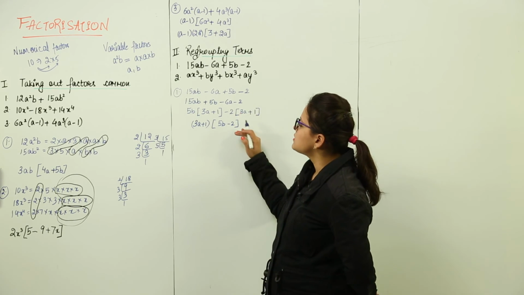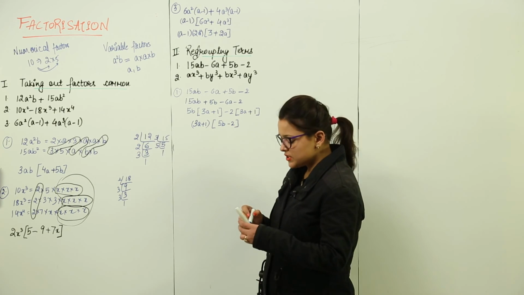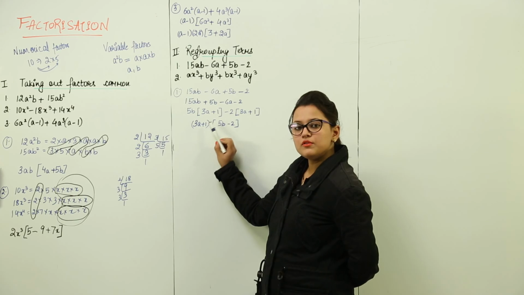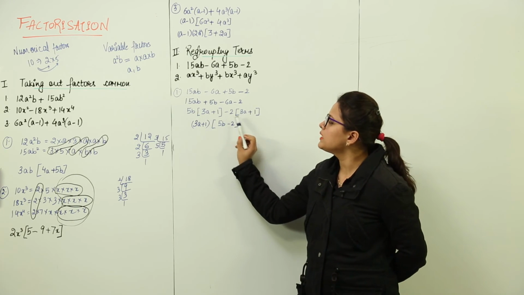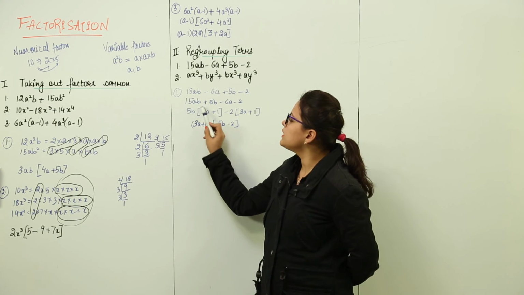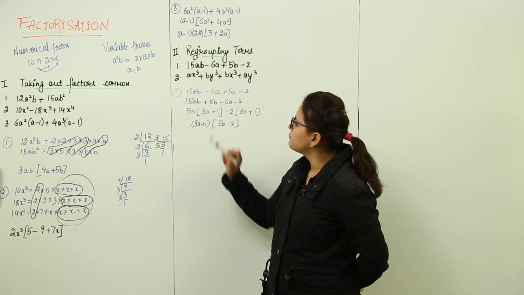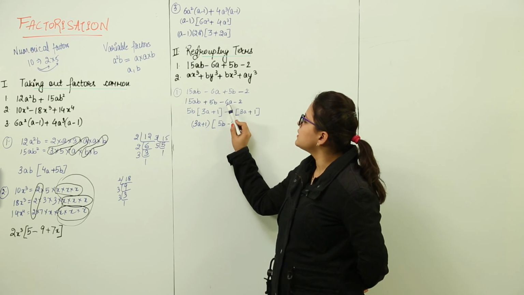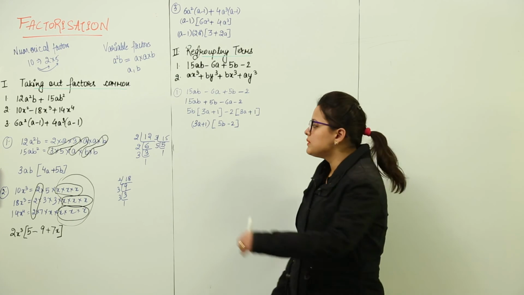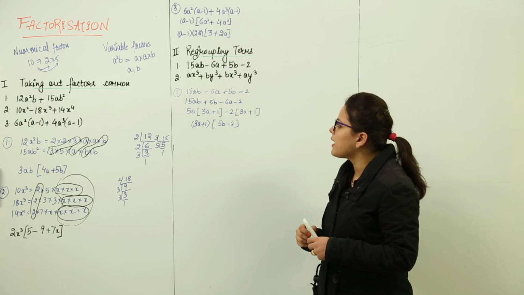So we can check our answers backwards. How? Just check if 3a plus 1 is multiplied with these terms. Let us check. 3a plus 1 multiplied with 5b was 5b into 3a plus 1, and if 3a plus 1 is multiplied with minus 2, it will be minus 2 into 3a plus 1. If you go back a little step back, that will be 5b into 3a, that is 15ab, and 5b into 1 will be 5b. Again minus 2 into 3a will be minus 6a, and minus 2 into 1 will be minus 2. Right? So that means our factors that we have taken out are perfectly correct, because if you go solving them, you will get the same expression back again.